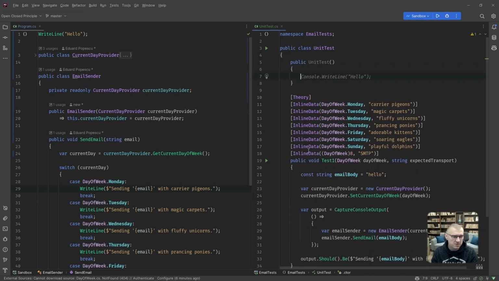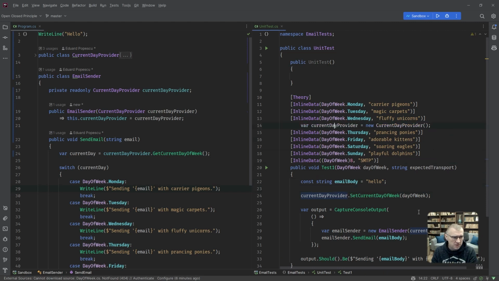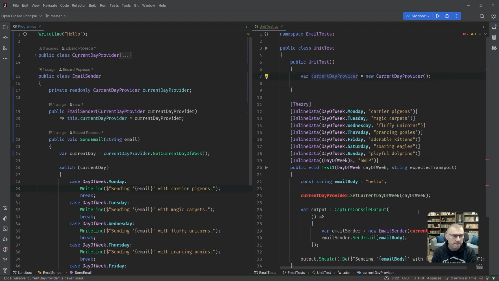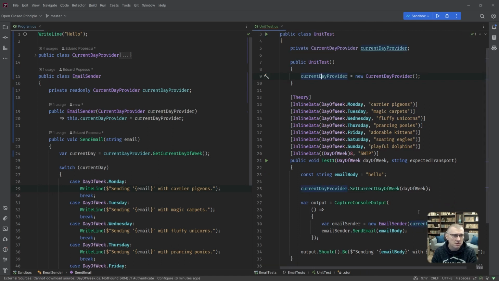I'm going to make a constructor in here. Take this outside and introduce field. Okay, cool.